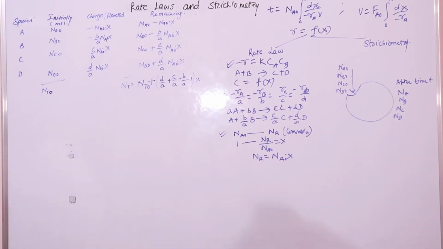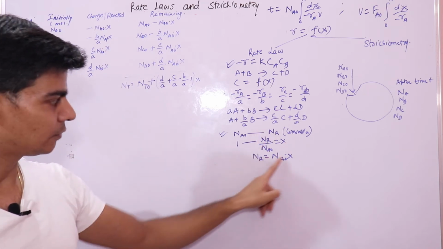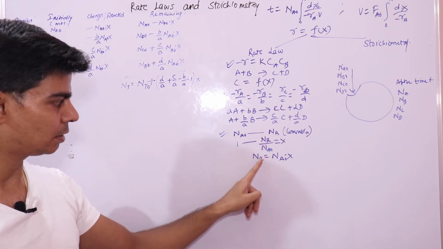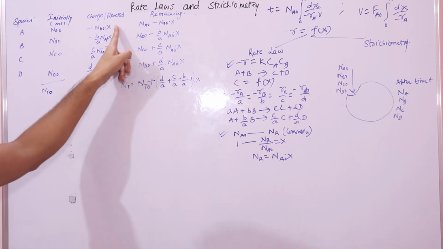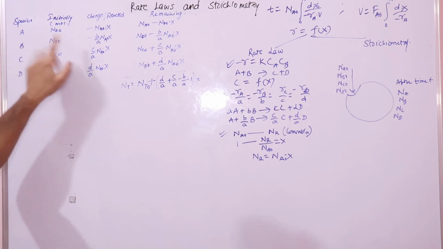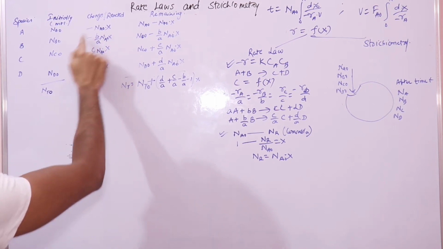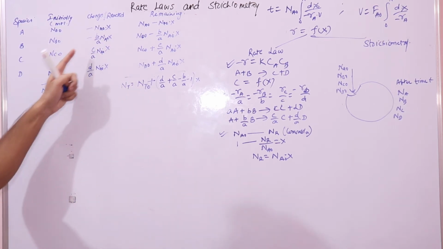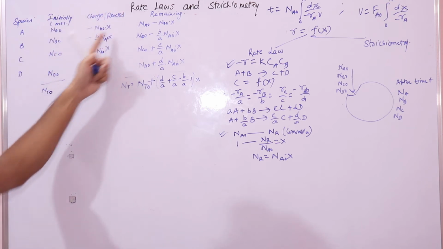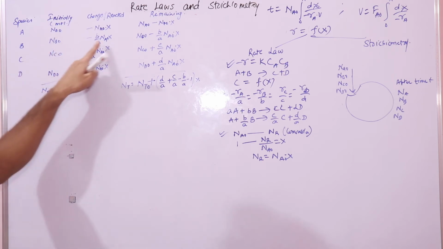If you look at this, Na0 moles you have initially taken, and how much have changed or reacted, we can take it from this equation. How much have reacted? It is Na0x. This is what we have mentioned here, Na0x. Similarly, for Nb0 it is minus B upon A, Na0x. Now how did we reach here? We have to derive this. What we are doing is we have expressed Nb, how much of B has reacted, in terms of A.